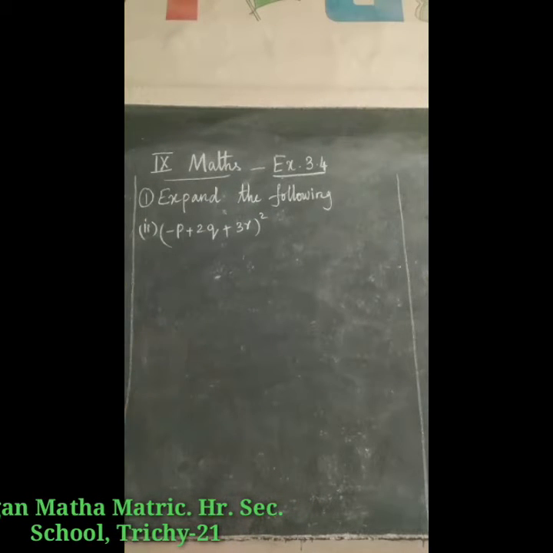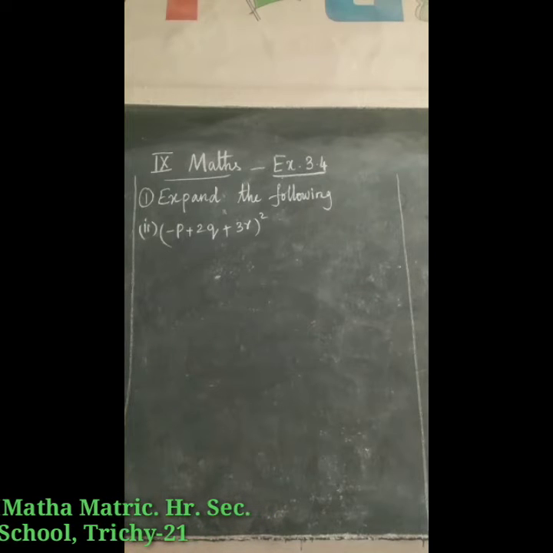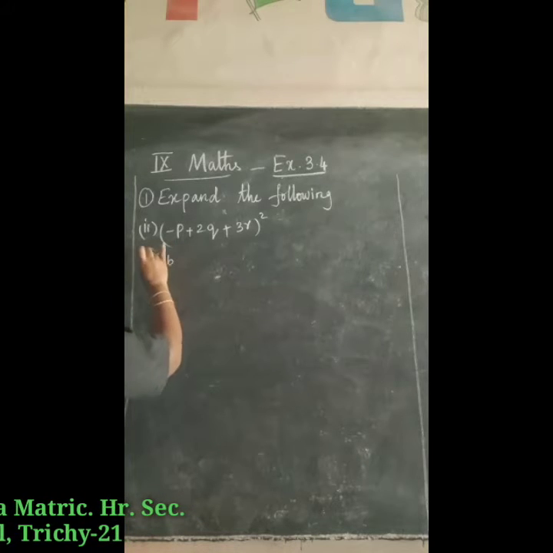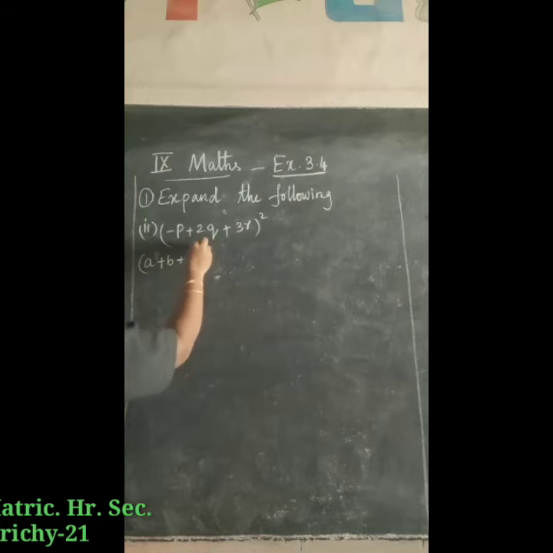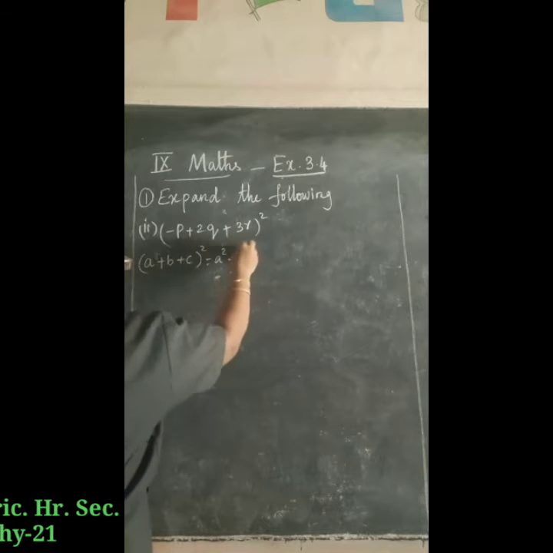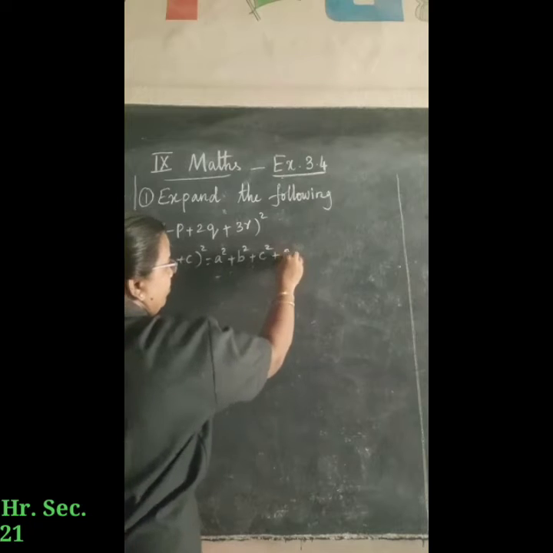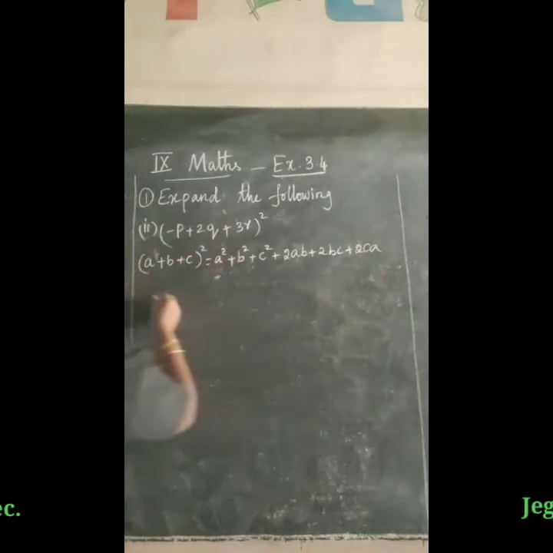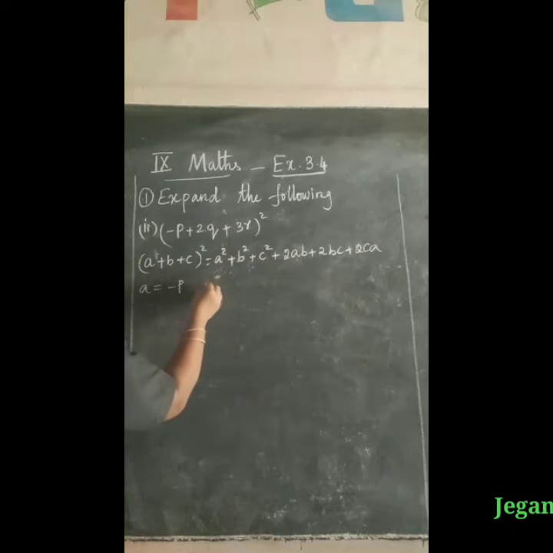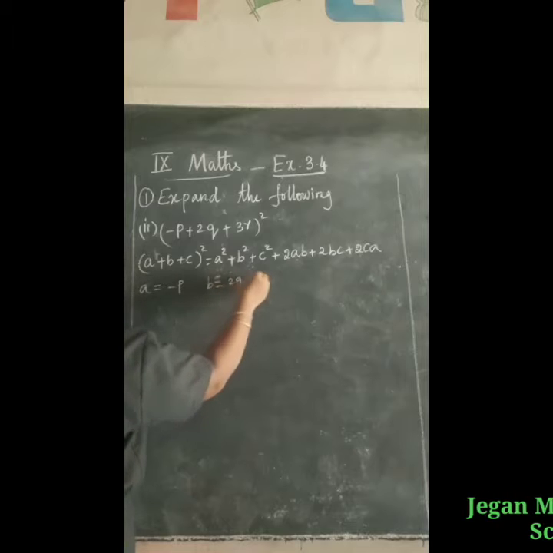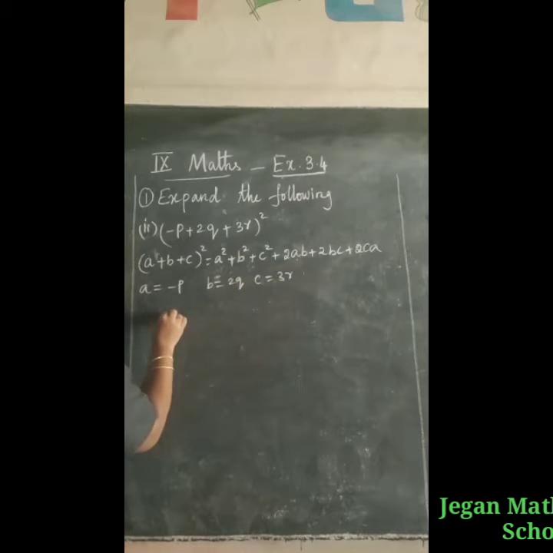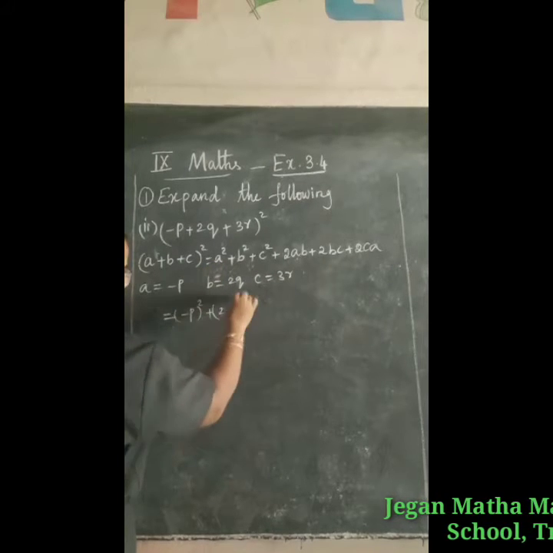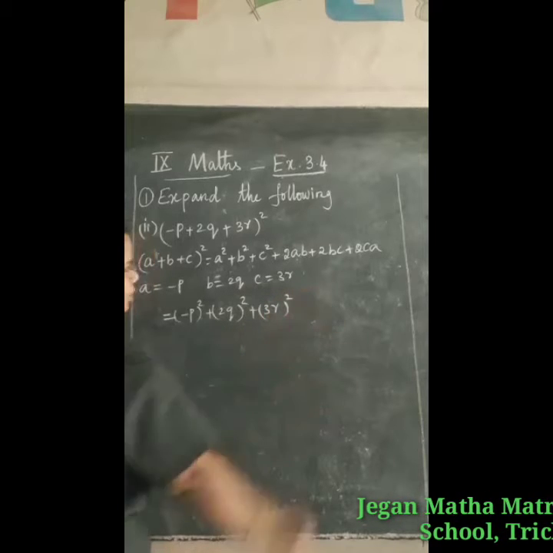The second question, (minus p plus 2q plus 3r) the whole square. Now first write the formula. (a + b + c) the whole square is equal to a square + b square + c square + 2ab + 2bc + 2ca. Now what is a? a is equal to minus p and b is equal to 2q, c is equal to 3r. Now substitute a: (minus p) the whole square plus (2q) the whole square plus (3r) the whole square plus